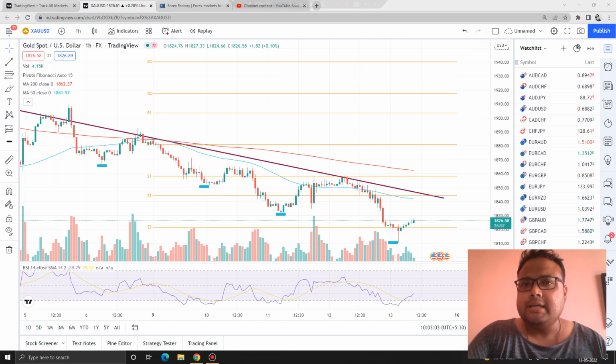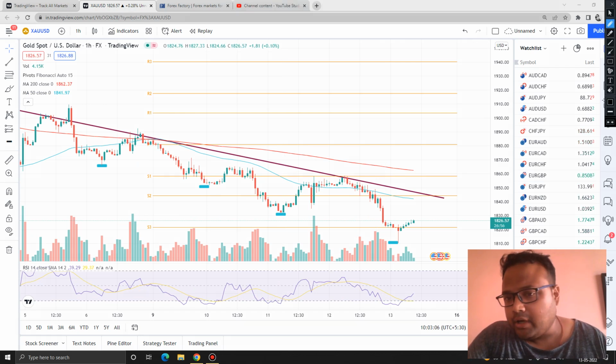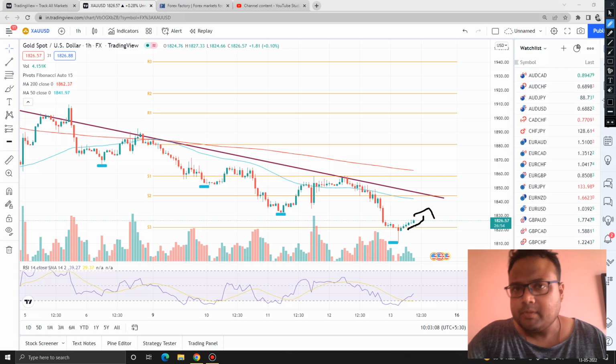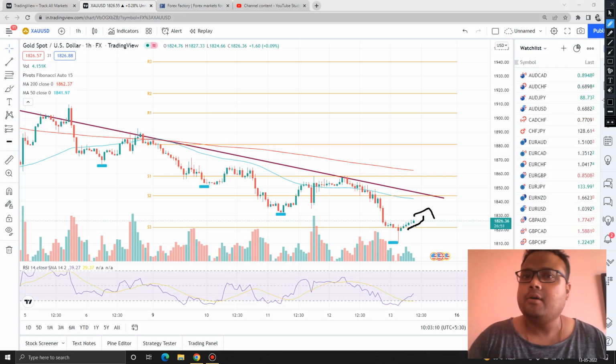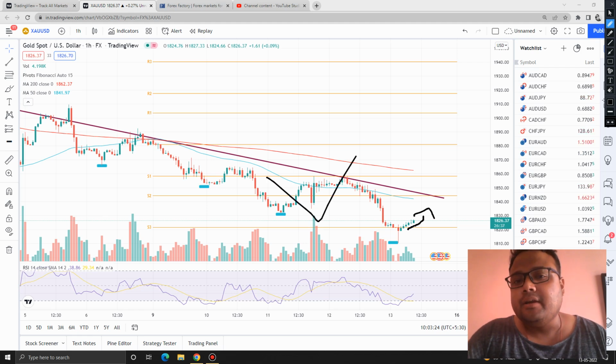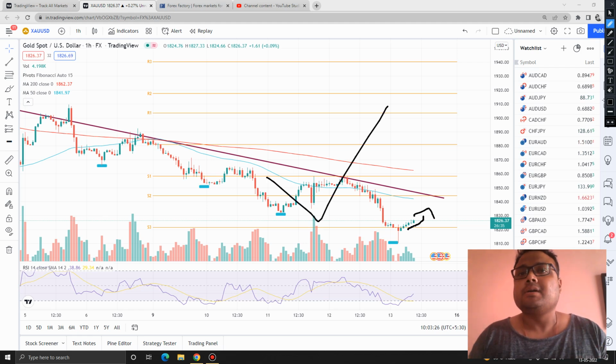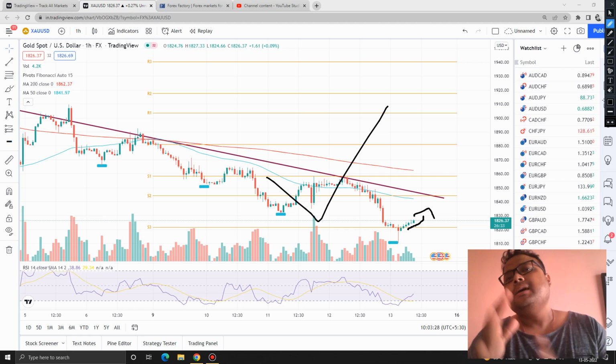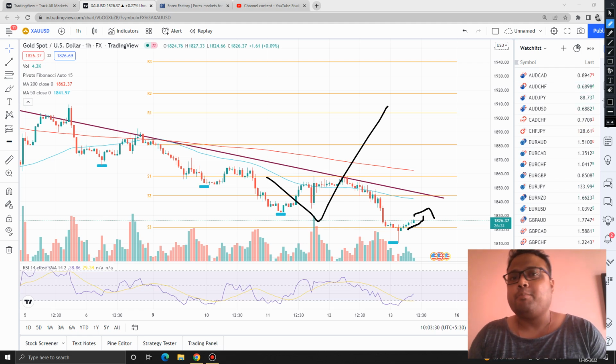But as you can see, the market is trying to recover, or trying to go up. So if you have a buy position right now, you can stay on the buy position. But if you are looking for a fresh entry into the market, then I think that selling is the best opportunity till here, because as of now, we do not have any clarification, any news regarding the trend reversal of gold. So considering the trend of the market, I think it is better to look for selling opportunities only.